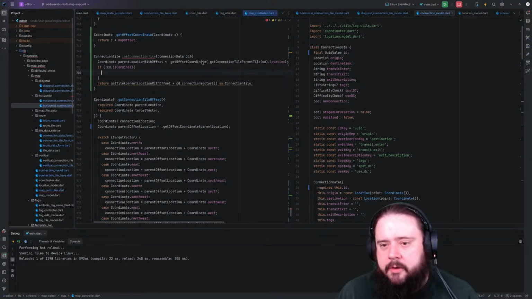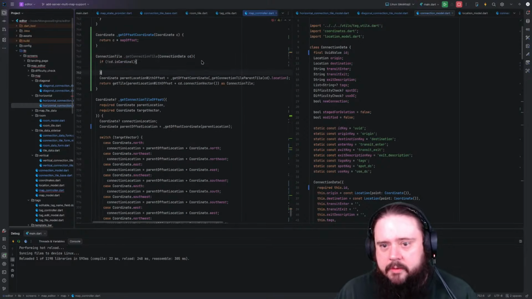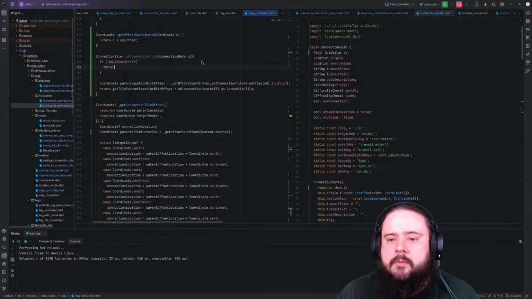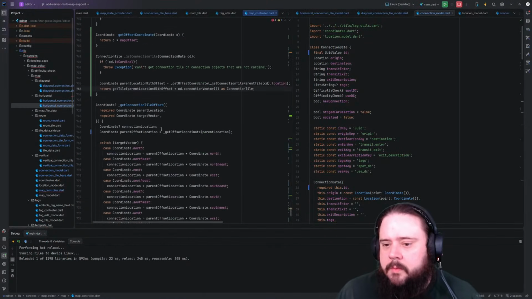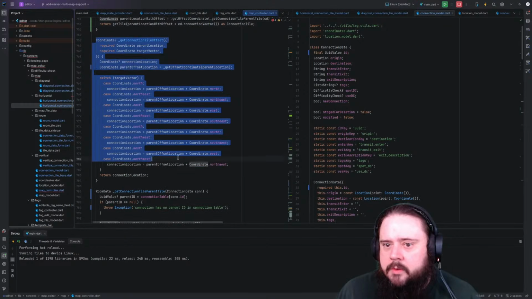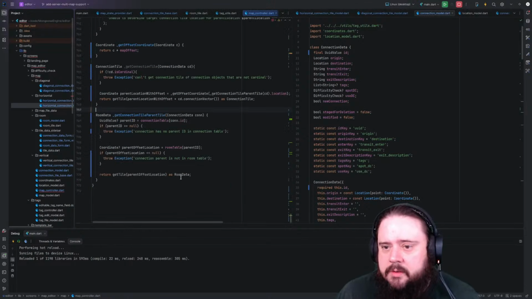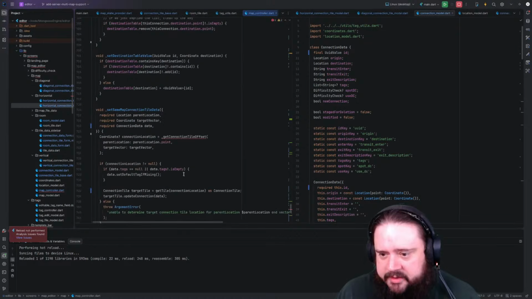If you're not cardinal, before I do anything at all, throw an exception. Can't get connection tile of connection objects are not cardinal. Otherwise, we can get that. And then let's deprecate this. And by deprecate, I'm just going to delete. In this case,